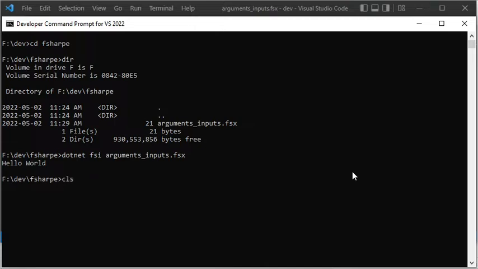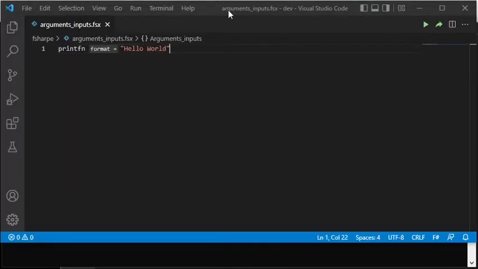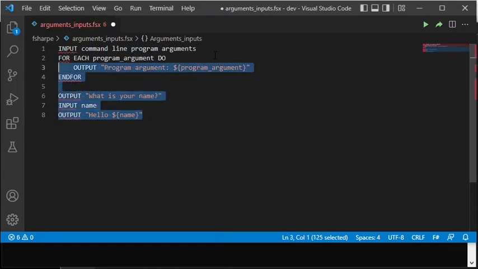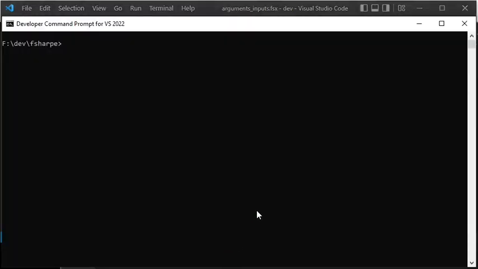Now I will replace the initial Hello World implementation with a program that will receive and print arguments from the command line. The program will also ask the user to enter a name and will then print to the screen what the user typed. For this purpose, I have prepared some pseudocode that I will paste into the program, but within comments, since of course it would not be possible to execute. Then I will modify the code by changing it to F# code that can be executed.